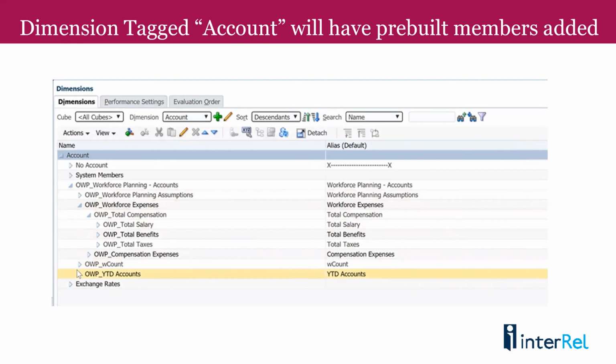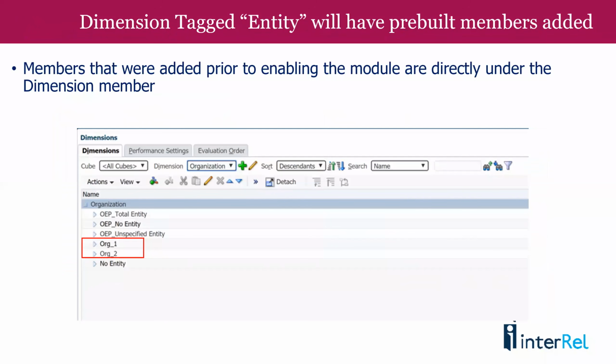And so you can see where it has the no account. If you had any of your hierarchies, it would be there, but then it adds these out-of-the-box members. The same thing in your entity dimension. So when you enable a framework, you get these out-of-the-box. Notice it says OEP because an entity is across all plan types. So it's an OEP underscore, and that means that no matter which plan type you're in, even your custom plan types now, you can use that OEP total entity